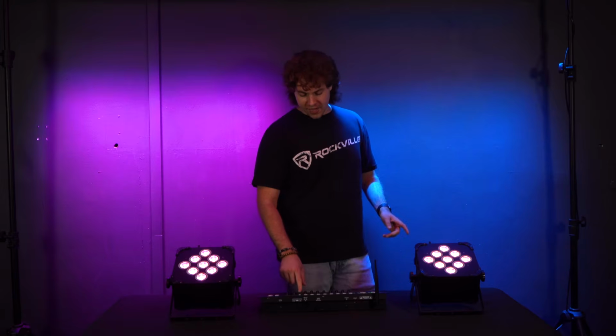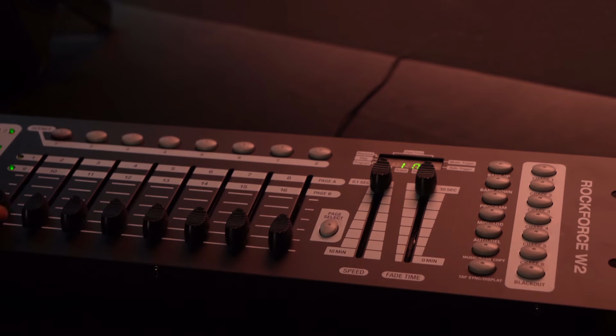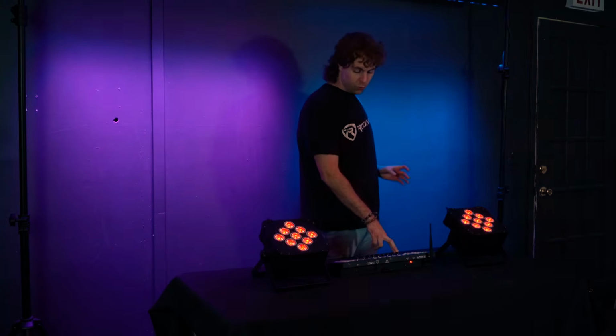So now if I press page select on my controller, I can go to faders 9 and 10 to see what those do. Now fader 9 is really cool because it has many different functions that are determined by the value I set fader 9 to. We can tell what value the fader is at by looking at the LED screen on the top corner of our controller. So for example, if I set the fader anywhere between 151 and 200, it will activate